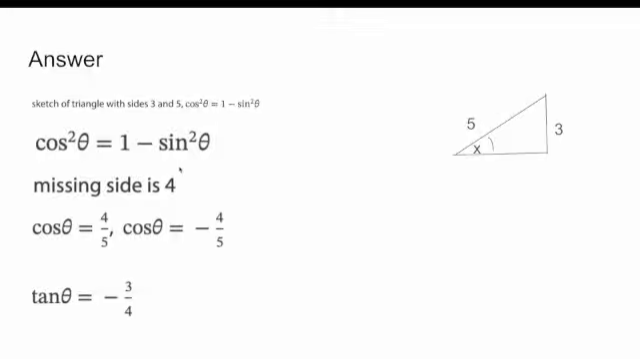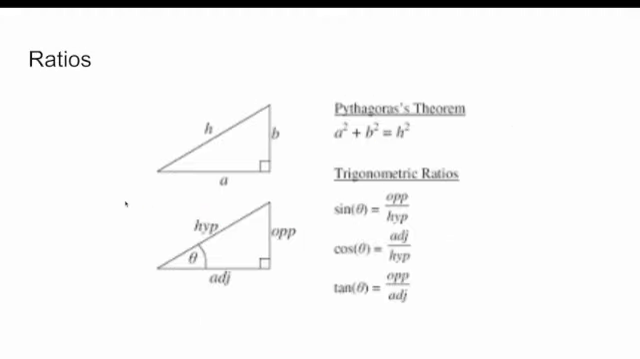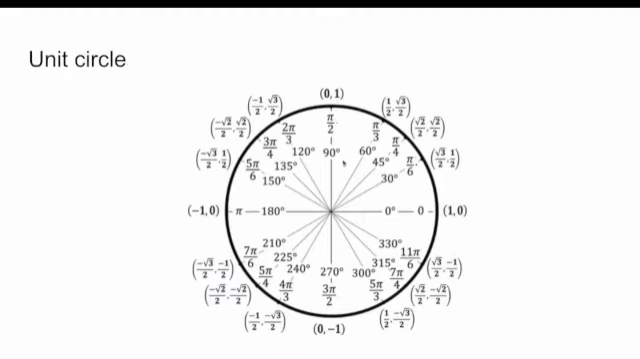So now if we use either cos square theta equals 1 minus sine square theta or the Pythagorean theorem, we know that the missing side here must be 4 because 3 square plus 4 square equals 5 square, right? And if this missing side over here is 4, that means that cos theta is actually equal to 4 by 5. But keep in mind, because of the unit circle, cos theta can actually equal negative 4 by 5